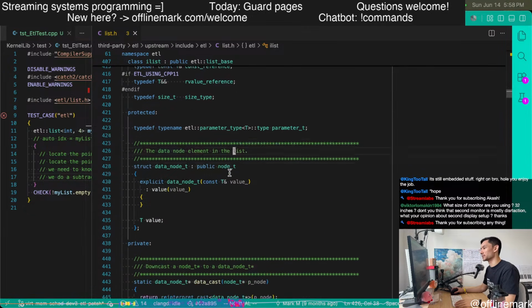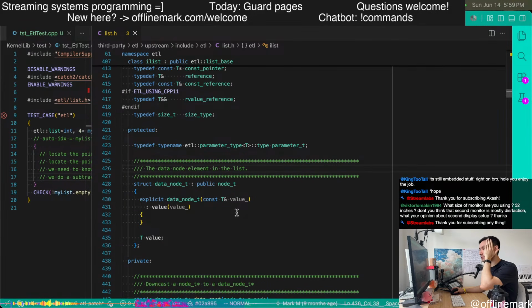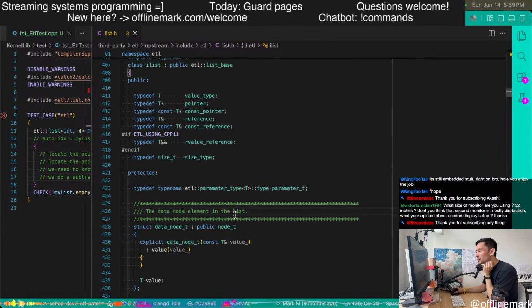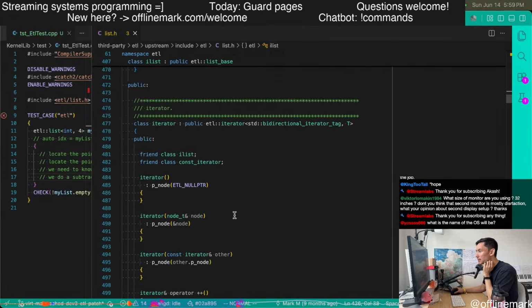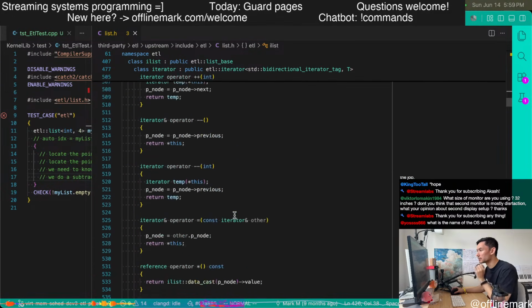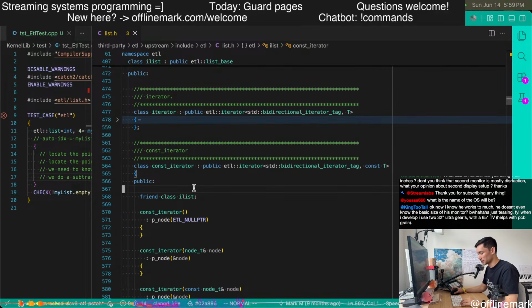So this ilist class is very interesting. This is what has the data node. And here is an iterator. Okay. Const iterator, don't care.